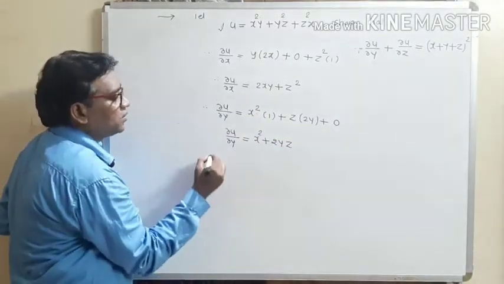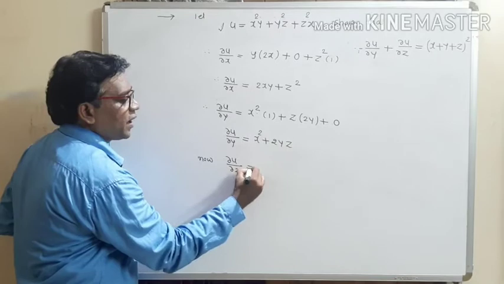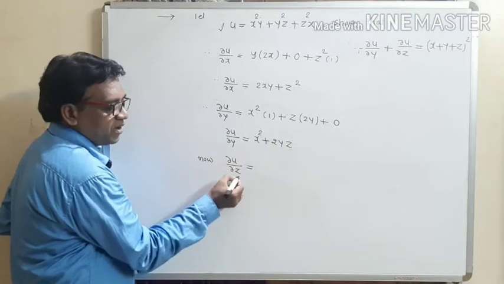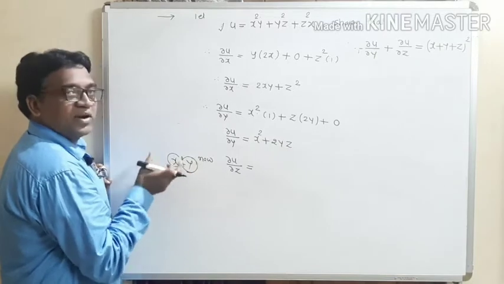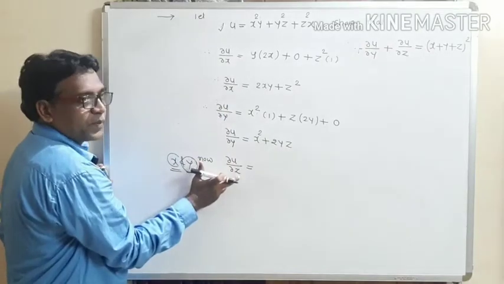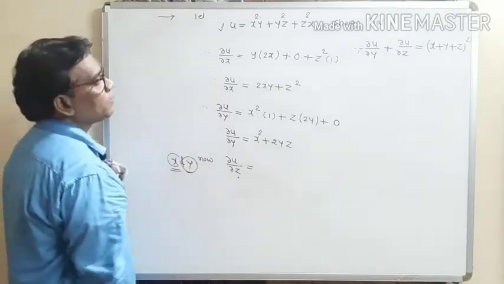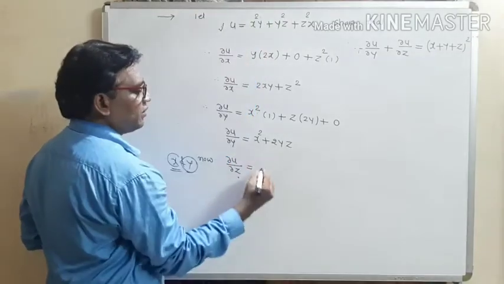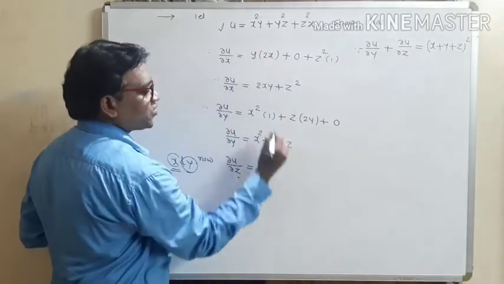Now similarly, find the third term. So write down now ∂u/∂z is equal to differentiating u partially with respect to z by keeping the remaining variables constant. Let us treat x and y as constant quantities. So differentiate this function u partially with respect to z, which means just find the derivative of z only. x square is a constant term. y is a constant term. So the derivative of a constant number is 0 plus y square, this is a constant term.